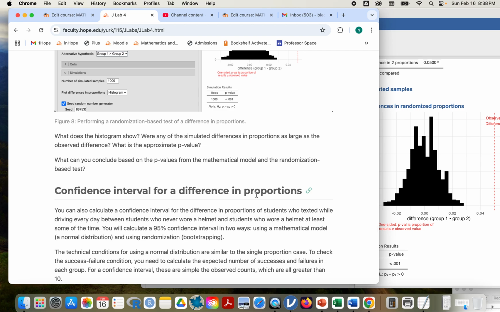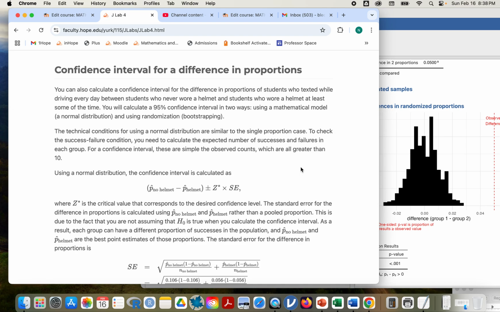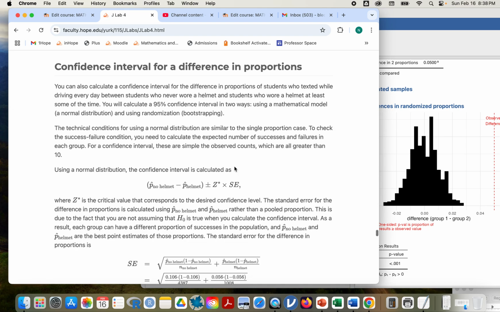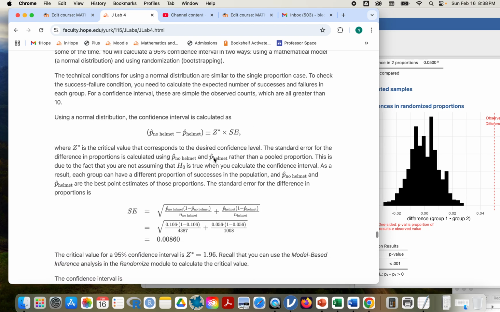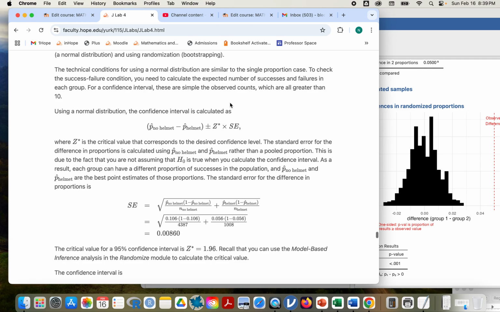Is there anything else that I'm missing? No, we're okay there. Confidence interval for proportions. You can again do what we did before, where you take your p hat, your sample statistic. You have the critical value, or your multiplier, done as we did before, the 1.96, and you use the standard error. However, again, we are assuming that we